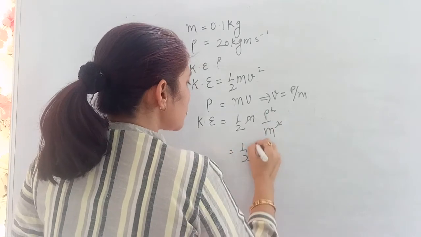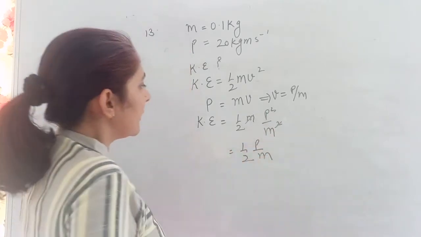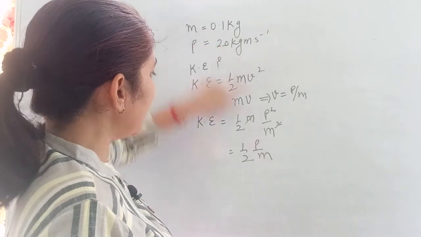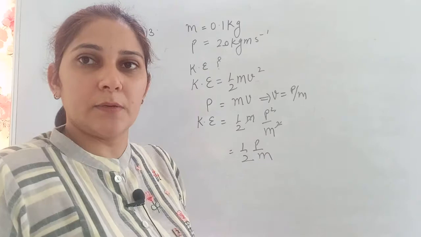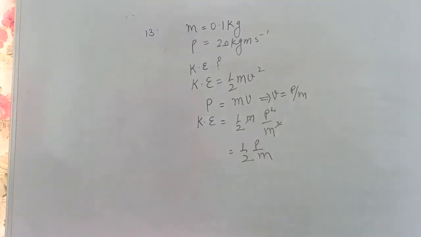That is 1 by 2 p upon m. This value is given to us, that is 20. This is given to us, 0.1. I hope we can find out kinetic energy very easily, right? Now next is